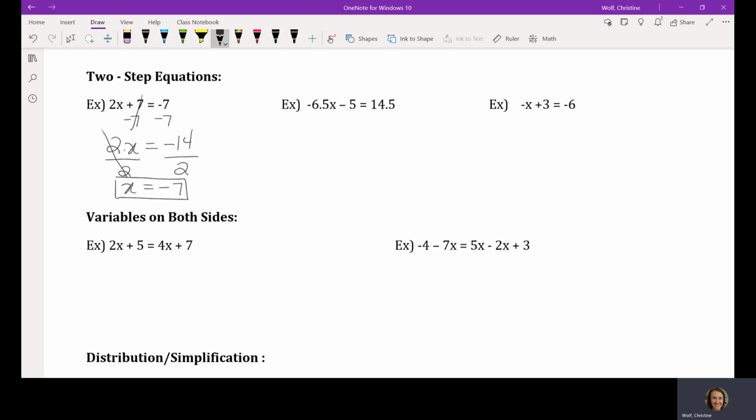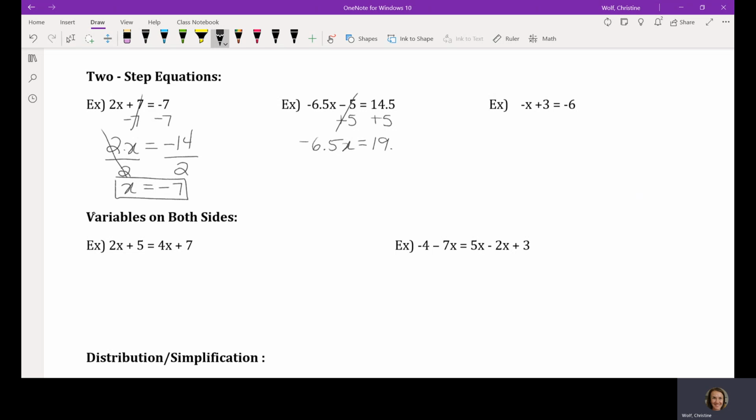Okay, this guy here, same type of idea. I have this 6.5 multiplied to that x. They're smushed together. That means multiplication. There's no symbol in between the two of them. That means multiplication. So I'm going to leave those guys to the bitter end together. So that means I'm going to have to get rid of this negative 5 first by adding 5 to both sides. So now I have negative 6.5x on the left-hand side. This went to 0, it's gone, equaling 14.5 plus 5